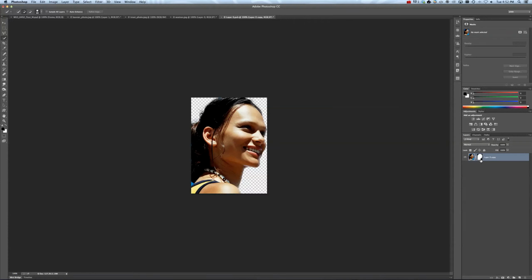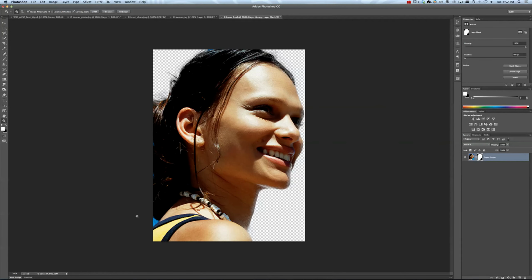So we have a layer mask here, and we didn't really cover a whole lot about how that works, but if you look carefully at it, you can see the area that we see here is white, and the area that's masked out that we can't see is black. So instead of using the eraser, what you can actually do is, I zoomed in a little bit here, I'm going to pick a brush, like a paintbrush, and I'm going to resize the brush size. You can do this by